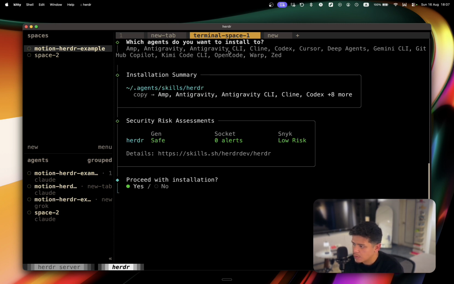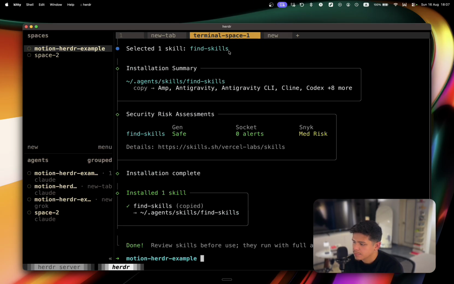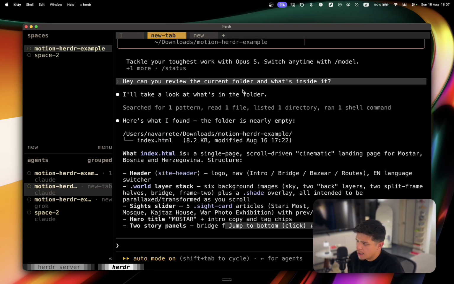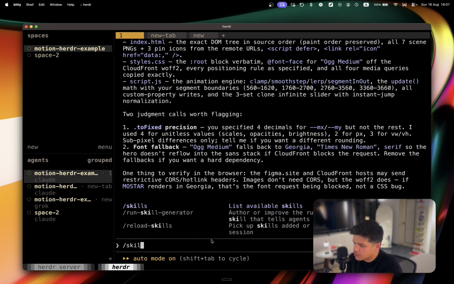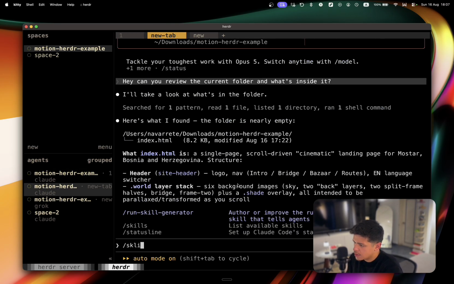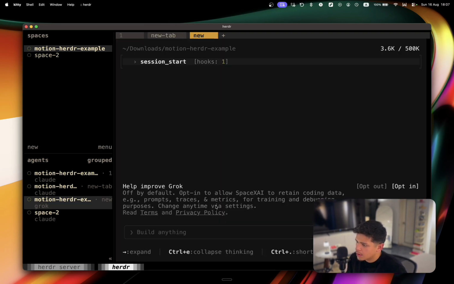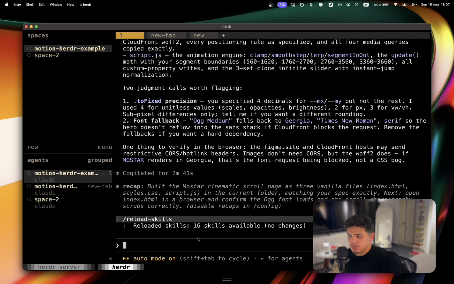So this will be installed in... okay, so this means that if we go to this space and I go here, let's say that I believe there's a command to reload the skills, and let's see if we can see the skills for this agent. Reload. Then here we have a Grok. It doesn't matter. The cool thing about this is that we can orchestrate several workflows by executing the CLI